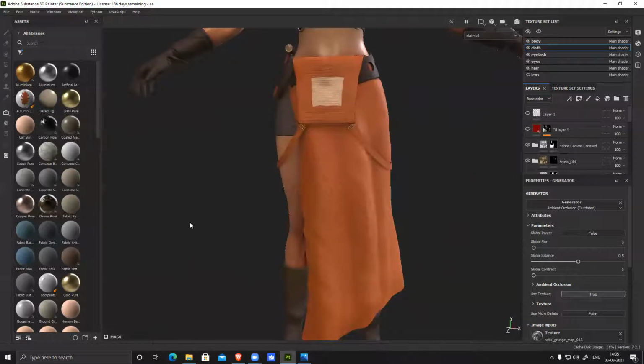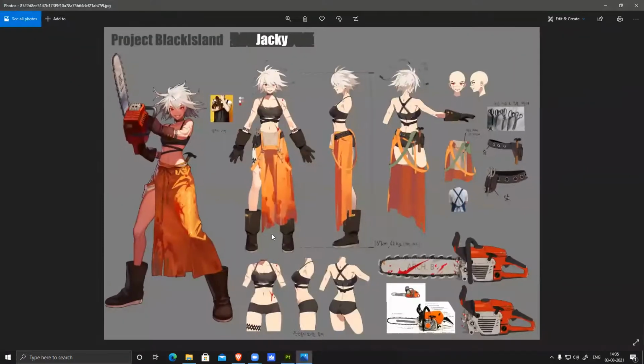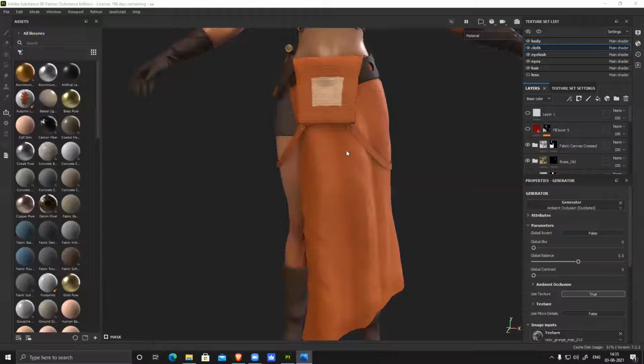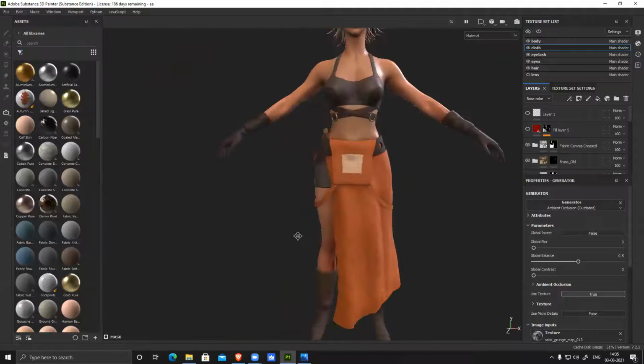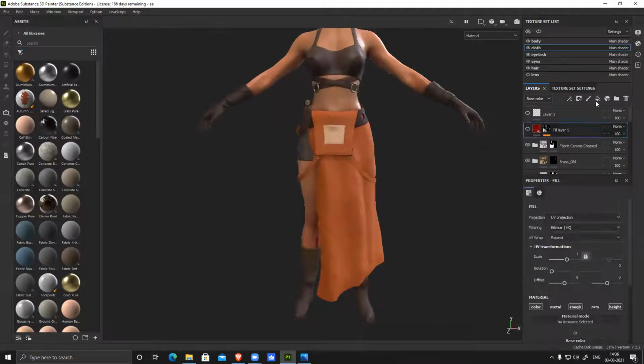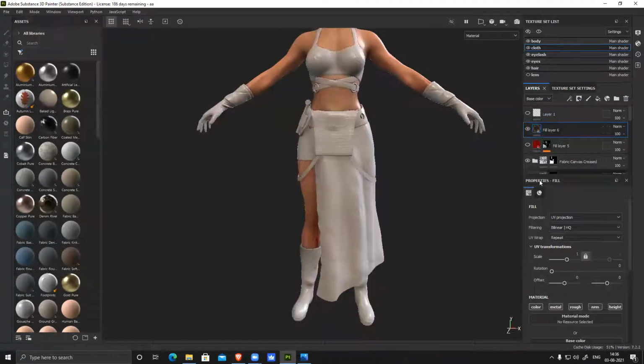Now, in our reference, I can see we have blood patches everywhere, and it's dirty. On the body also you can see some blood patches, and shoes and legs are down. You can see it's slightly dark. So what I did is I just copy pasted that same layer onto the body also. The body material is anyway different, so it just regenerated automatically.